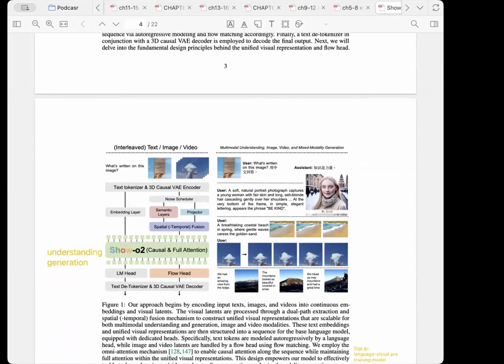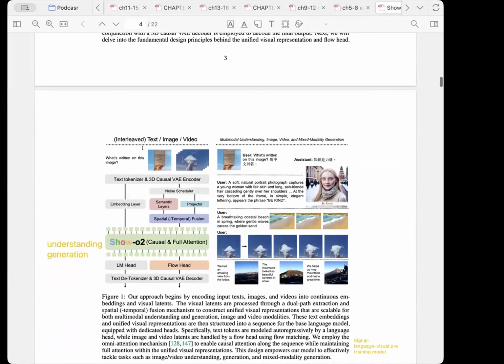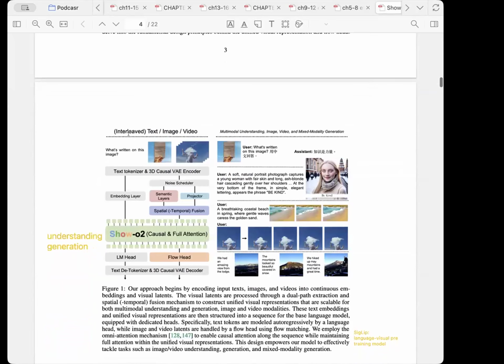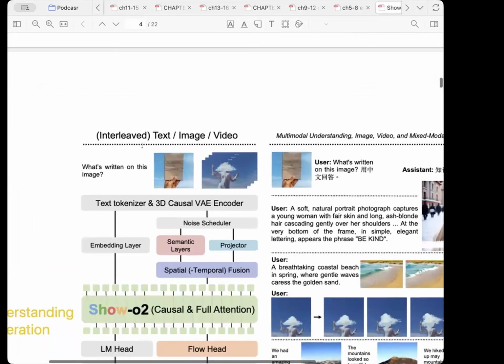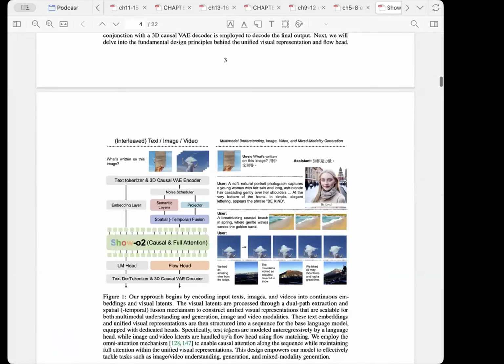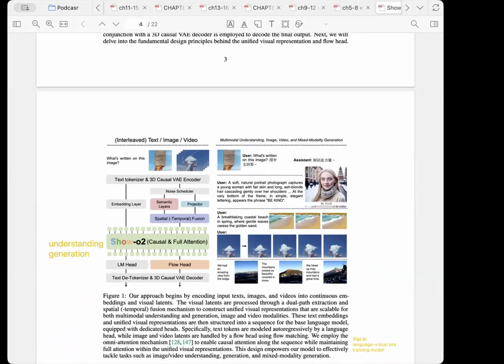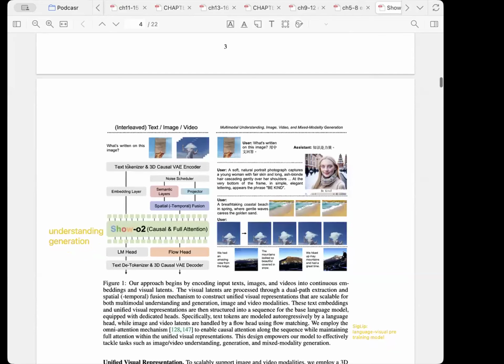layers, really called VA. So, for example, we are giving a prompt to our model. For example, we say, what's written on this image? And we can ask the model to use any type of language to answer. For example, it says the knowledge is a power, and the model will extract the text from this image to give us the output of the knowledge is a power. And after that,